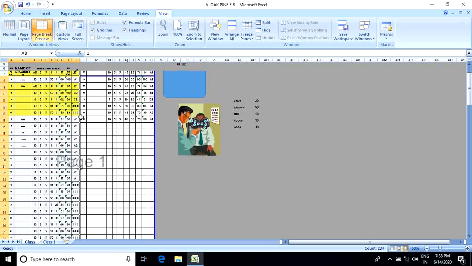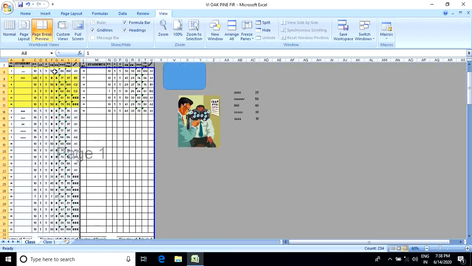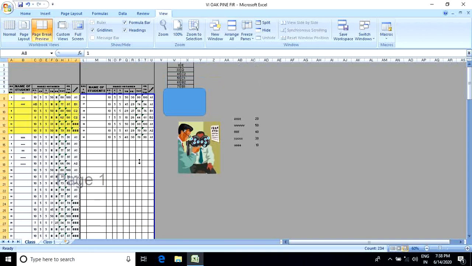This is one page. This blue border indicates that this is a one page area.